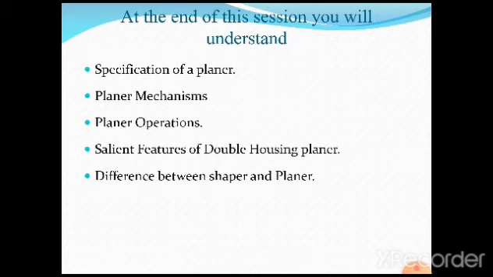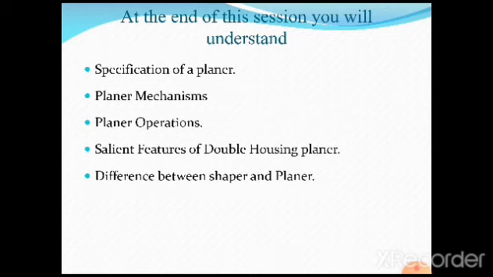Before I proceed with today's session, we need to review what we discussed in the previous session. In the previous session, we started with the introduction to the planer along with its working principle, and the working of the double column, that is the standard planer, with the construction and working in detail, and also the types of planers commonly used for the production of large workpieces. Now we need to understand, in this session, the specification of a planer, and all these concepts you are going to see clearly on the screen.